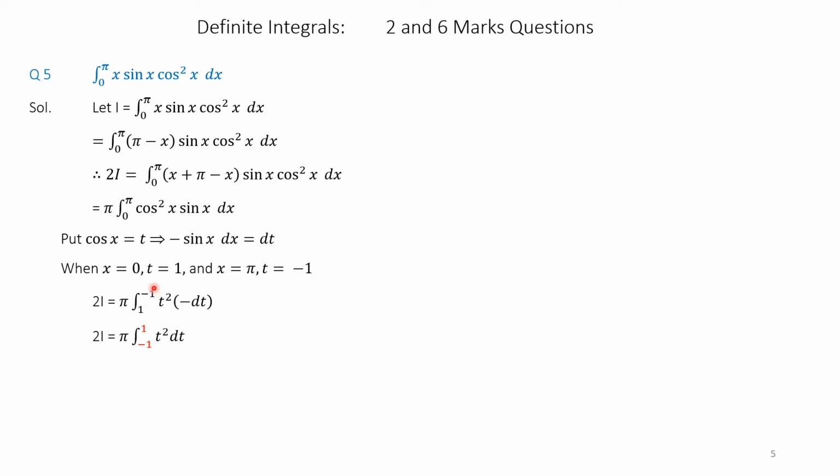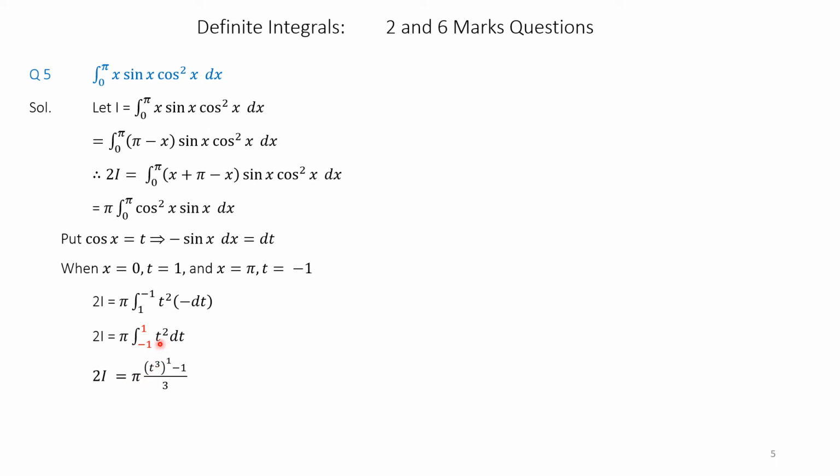Now, when we want to remove the negative sign, we have to change the limits. The upper limit becomes the lower limit and the lower limit becomes the upper limit. Hence, the limits get reversed. Therefore, 2I is equal to pi times